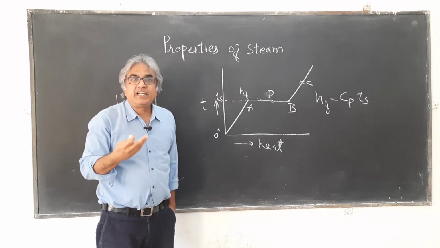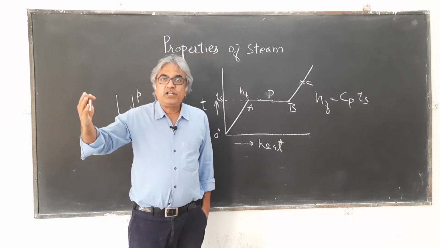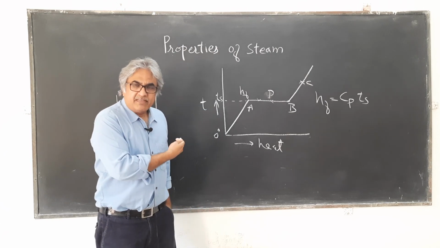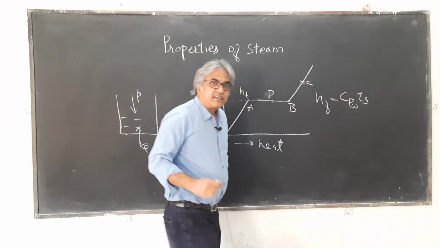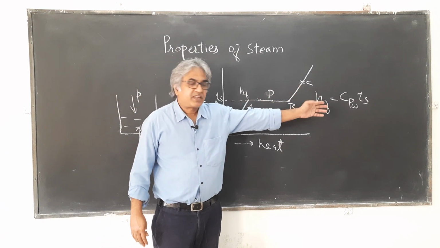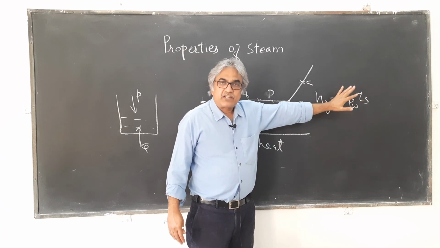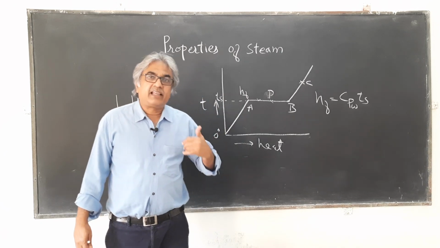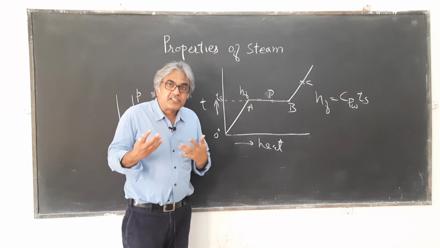Why? Because you know the heat added to water to take it from temperature T1 to T2 is given by mCp delta T. M is 1, so it's Cp, the specific heat of water, into the change in temperature. Final temperature is Ts, initial temperature is 0, so Ts minus 0. So HF is Cpw into Ts. That is the enthalpy of saturation. You don't have to do this because in steam tables you are going to get all these values directly. I'll come to that, but let me explain each property from first principles.